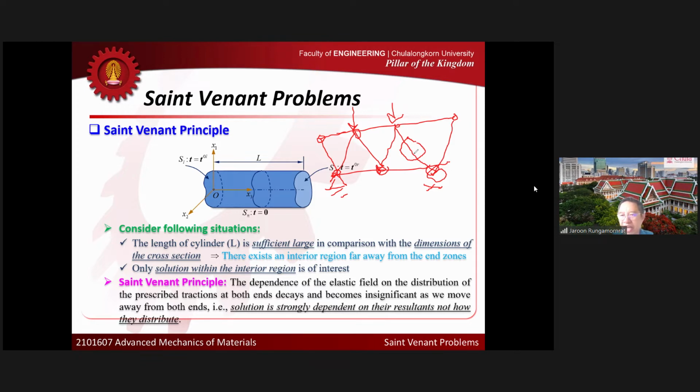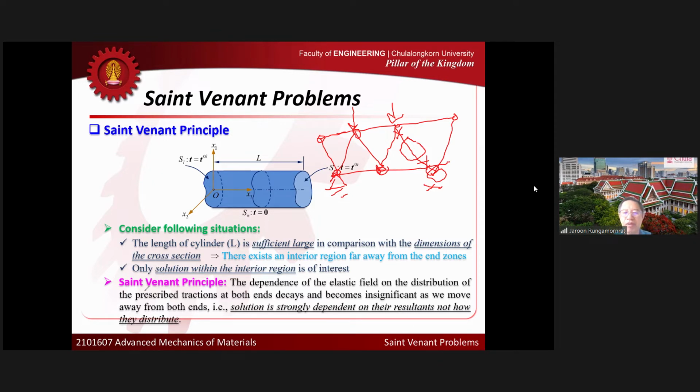But if the length of the member is sufficiently large compared with the size of the cross section, now you can simplify the field in the interior zone. If you don't care much about the field at the end zone, you can say that for this particular case, stress should be uniform at any point in the cross section, right? For when you move far away from the end. That is somehow related to the Saint-Venant principle. You applied that a long time ago when you learned mechanics of materials, or the strength of materials class. Okay, so